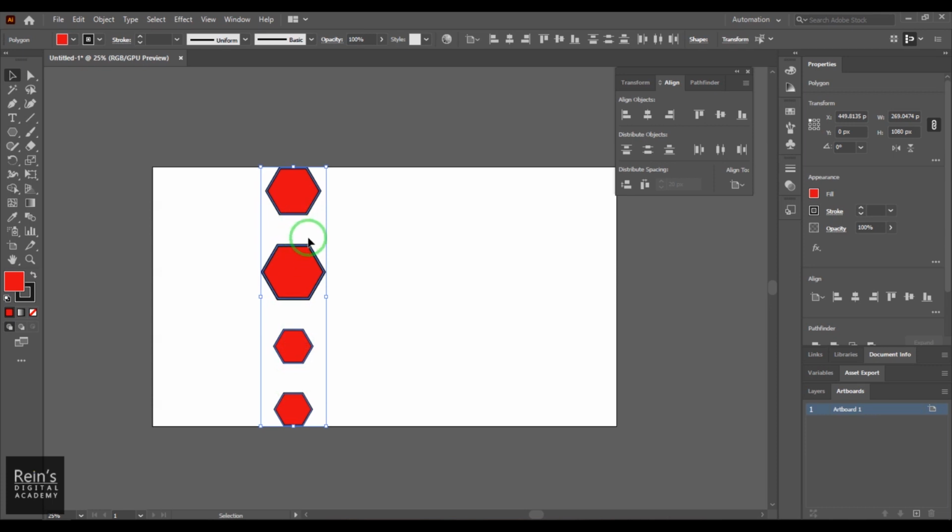So there is so much control in these align and distribution tools. You need to explore and use them in the right places, and that's really